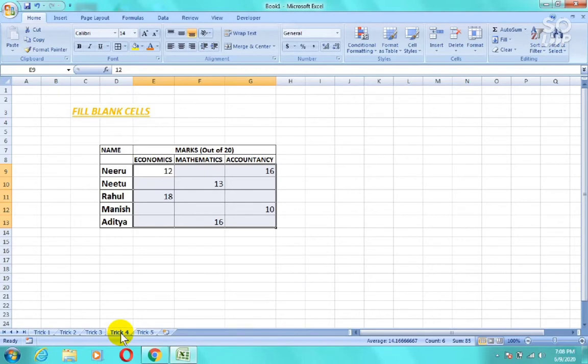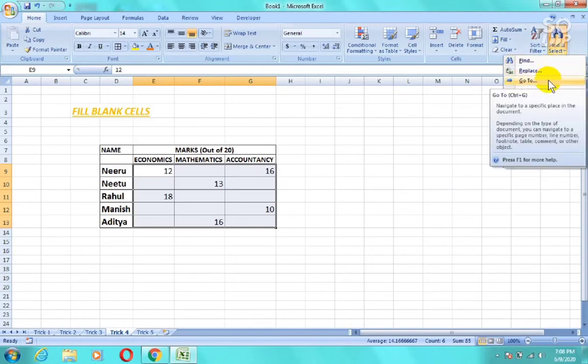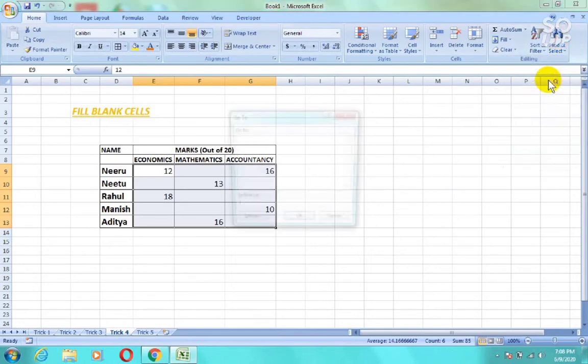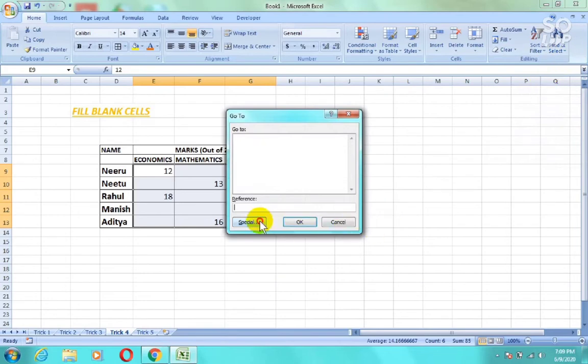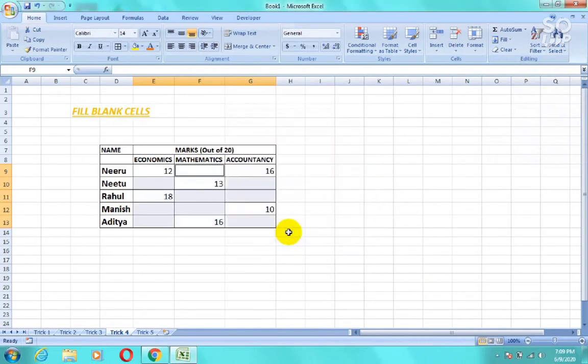and then go to find and select in the home tab, and from here select go to. You can also use Ctrl+G as a shortcut, and then from here click on blanks and then press OK.